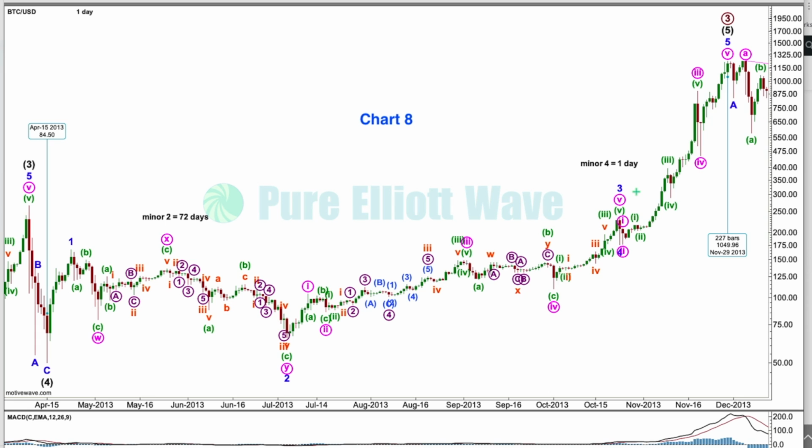Now you are absolutely free to label this impulse differently, but you're not going to be able to get rid of the proportion problem because this 2nd wave correction obviously begins here and ends here, and it did last 72 days. You can't find anything else in here that's going to last 72 days, and that's because the power of the 5th wave to end the 3rd wave impulse 1 degree higher, particularly this vertical upward movement, the energy in here is forcing these 4th waves to be more brief and shallow.